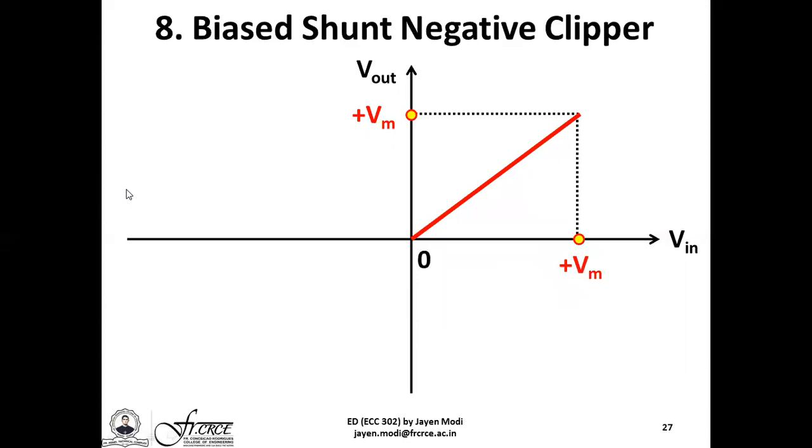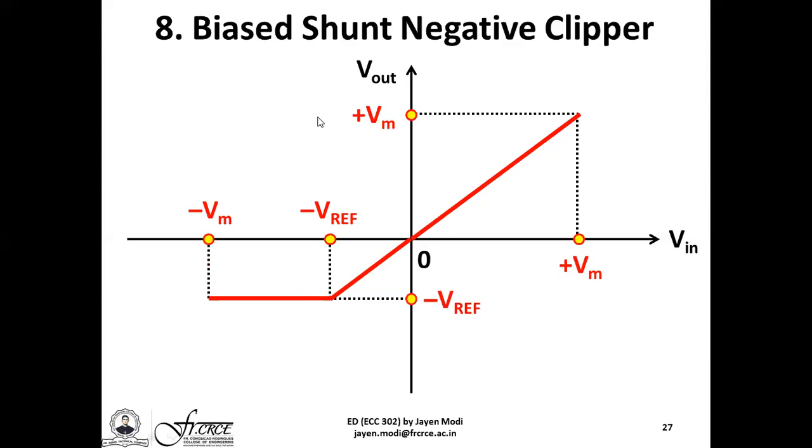However, the AC input signal negative half cycle has to breach the threshold level of minus Vref, until which it can contribute to an AC output signal present over here. Once the AC input signal cycle becomes more negative compared to the value minus Vref, the diode D turns on, behaves like a short circuit, and the entire negative battery voltage appears across the output terminals.